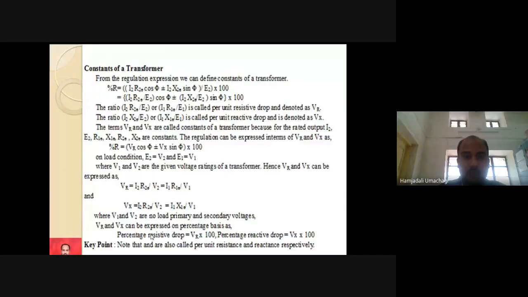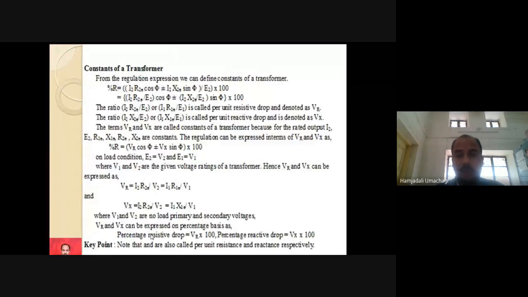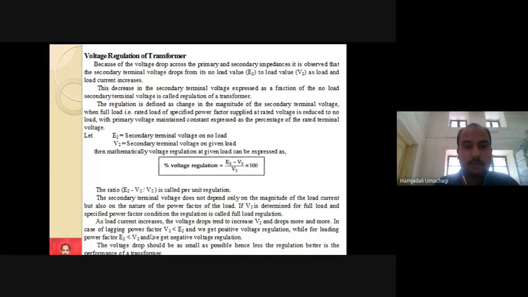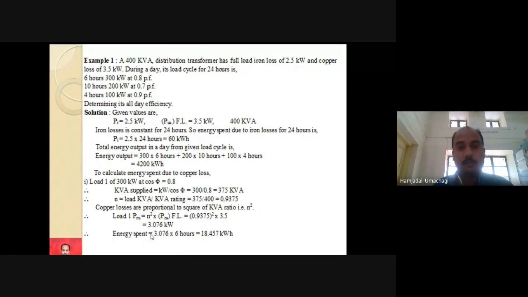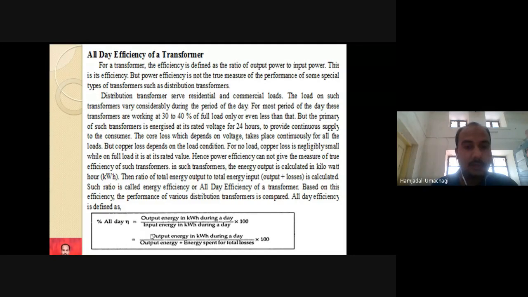Okay, fine. Now the single phase transformer concept is almost at the end of the part. In another three classes, I may start three phase transformers. So today whatever I have discussed is the all day efficiency of the transformer. You just go through it, and also the previous topics, that is OC SC test, equivalent circuit, phasor diagram. All these are very important, so you also go through those concepts. Is it okay? Shall I wind up now?